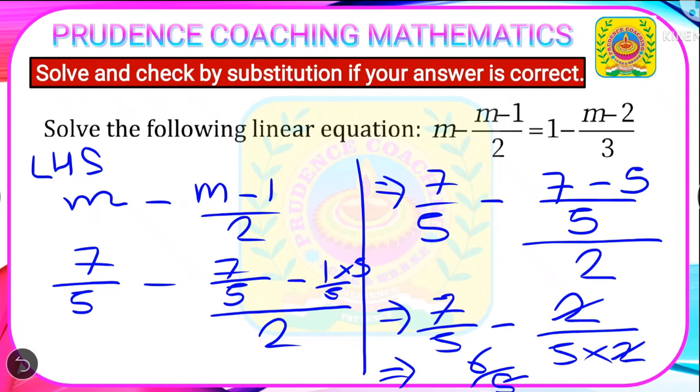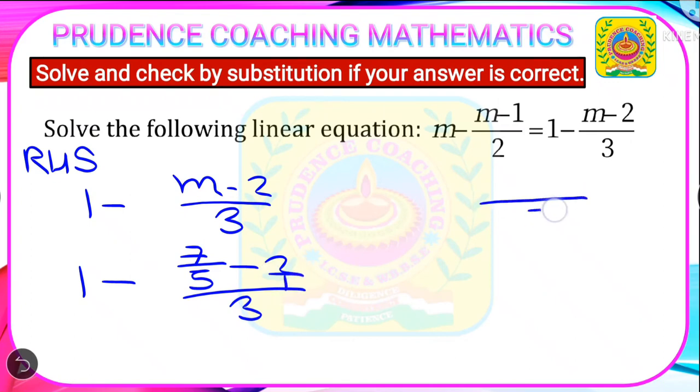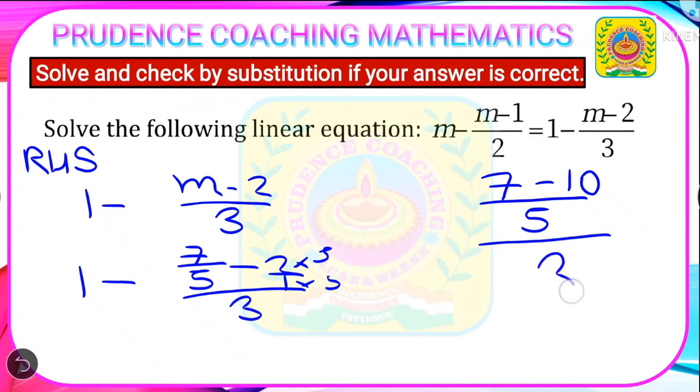Now we will start with the RHS. What you will get is 1 minus m minus 2. The value of m we have calculated as 7 by 5 minus 2 by 3. Now we will take the LCM here, that is 5 and 1. You will get the LCM as 5. So here 7 minus, to make this one 5 we need to multiply with 5. So 5 into 2 will get minus 10, because minus 2 into 5 will be minus 10, divided by 3, and we had 1 minus here. Now further calculation if you do, then you will get 1 minus, this one will be 7 minus 10.